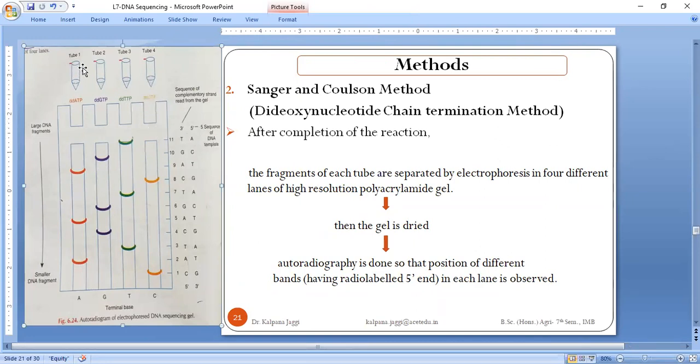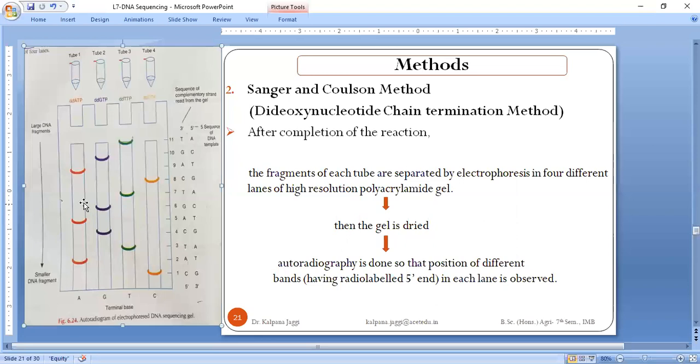So see, all the fragments of this and this tube will be loaded into the wells, and these wells are prepared within the gel. And all the fragments, whether there are 2 fragments, 3 fragments, or no fragment, will all be separated